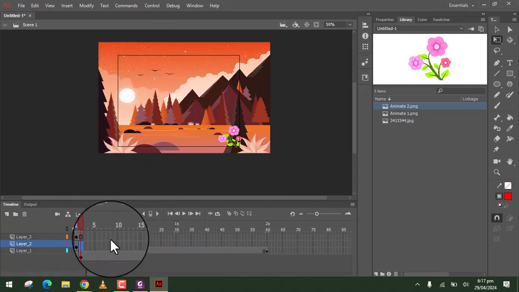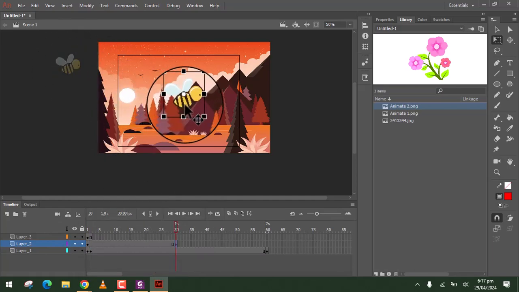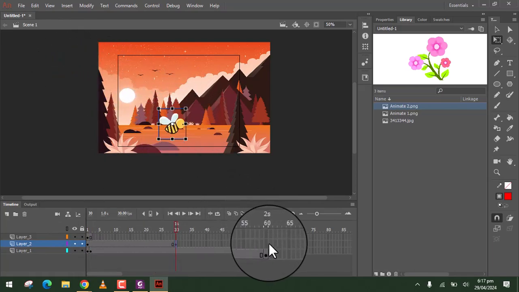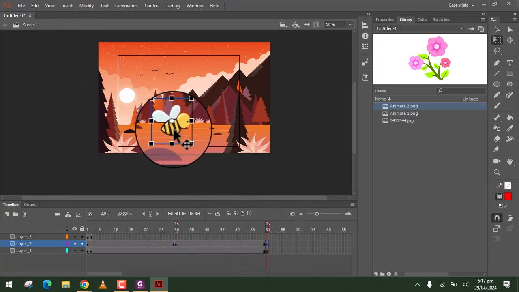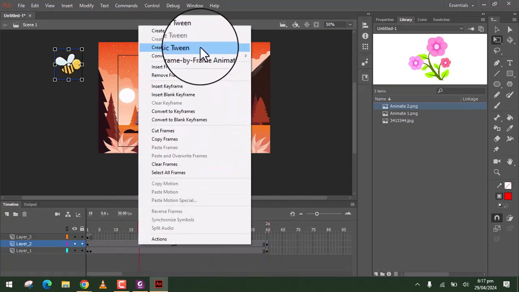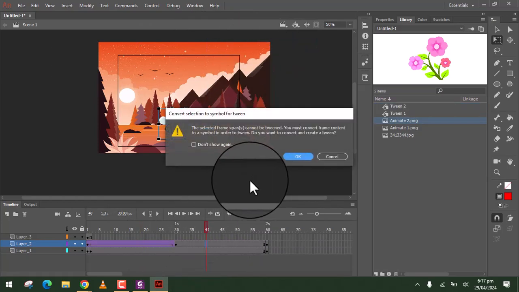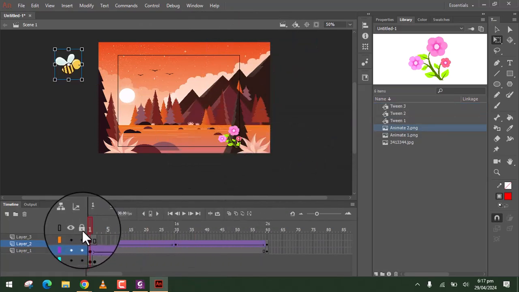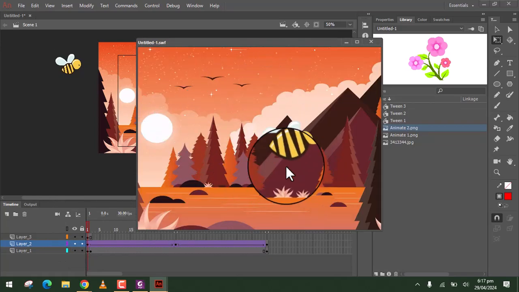I will remove the frame, click this one, and then 1 second, F6, and then click the bee here, and then 2 seconds, press F6 on your keyboard, and then go here, and then right click, create classic tween, click OK, right click, create classic tween, and so on. After that, Control plus Enter, and then you have your animated bee.